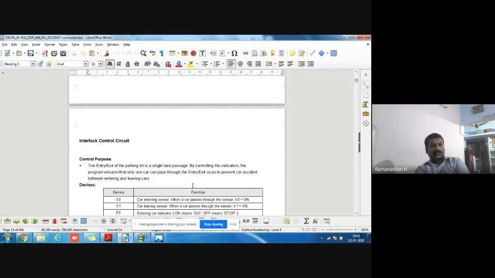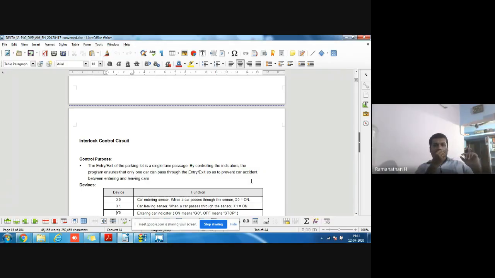An interlock circuit for the entry and exit of a parking lot in a single lane. By controlling the indicators, the program ensures that only one car passes through the entry or exit, to prevent accidents between entering and exiting cars. If there are different entry and exit gates, there's no problem. If there is one gate for both, you would put manpower or security to watch the entering and exiting vehicles.